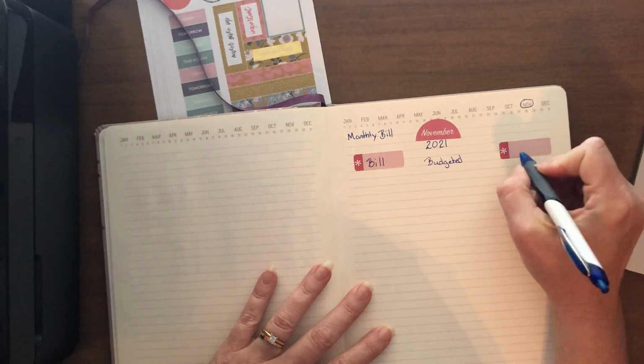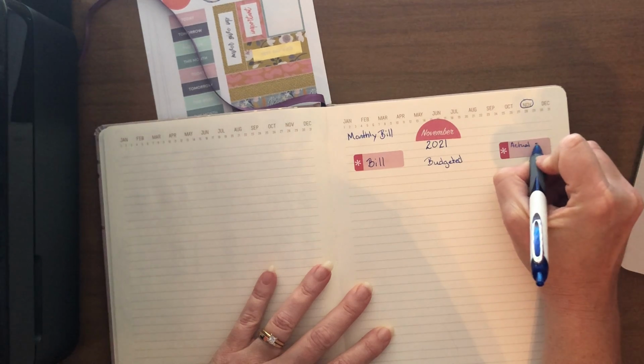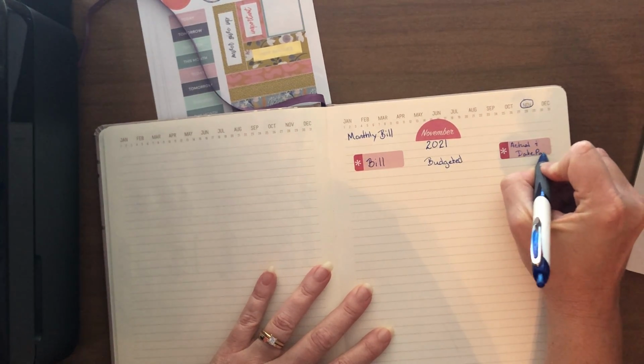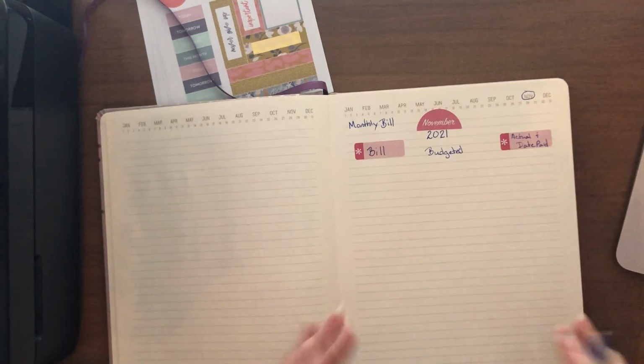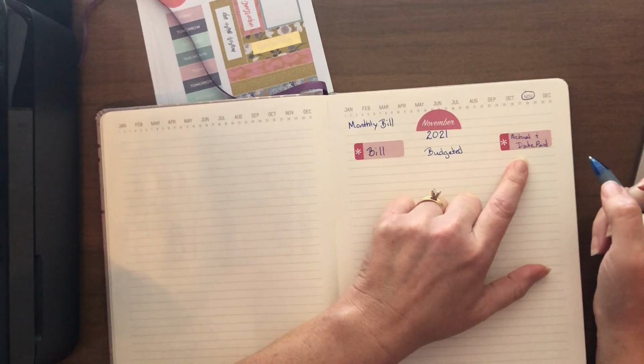And over here is the actual bill, and I also put the date paid here. It just, again, helps me track. It's something that I like to do for myself. I want to know how much I actually paid, but I also want to know the date I paid it,